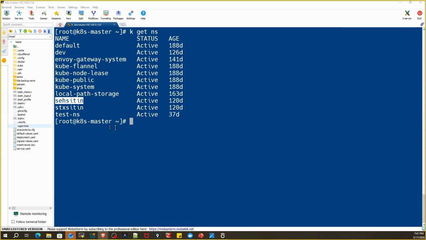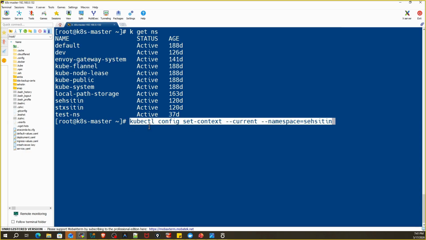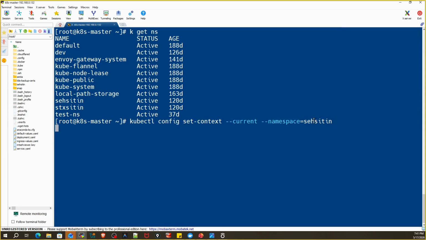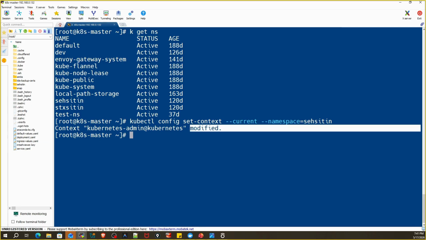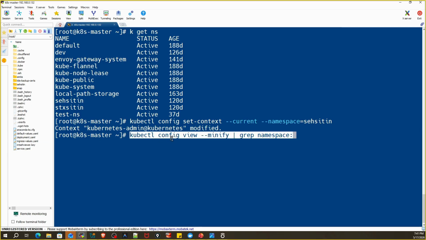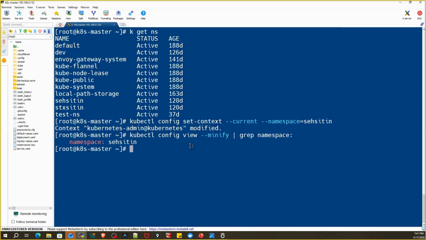For that, we can run kubectl config set-context --current --namespace=SEH-SIT-IN. Hit enter. Our context is modified. So now if I run kubectl config view --minify | grep namespace, it will show SEH-SIT-IN. Means now everything will run inside this namespace by default.